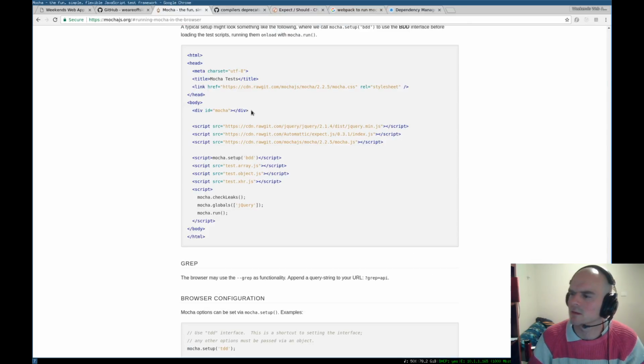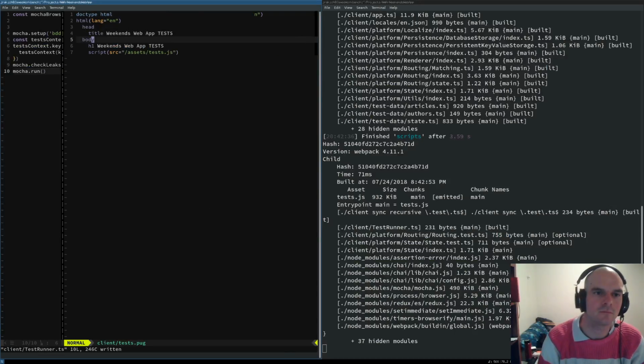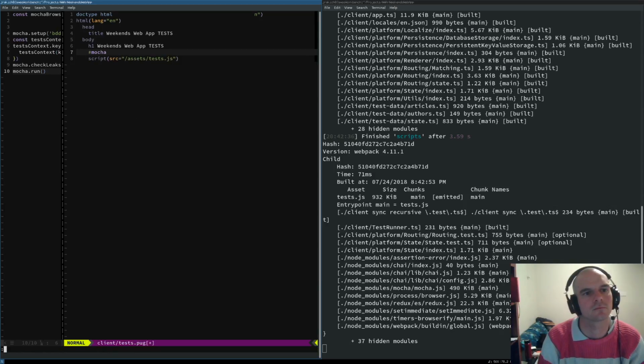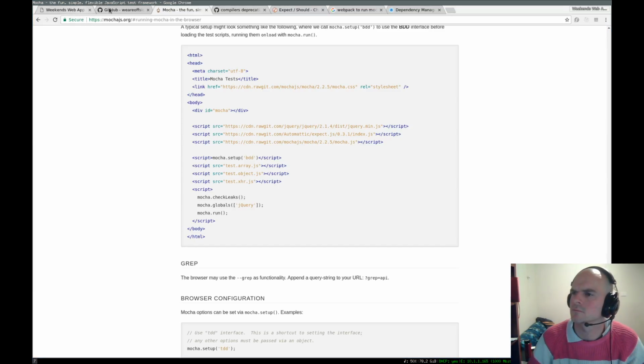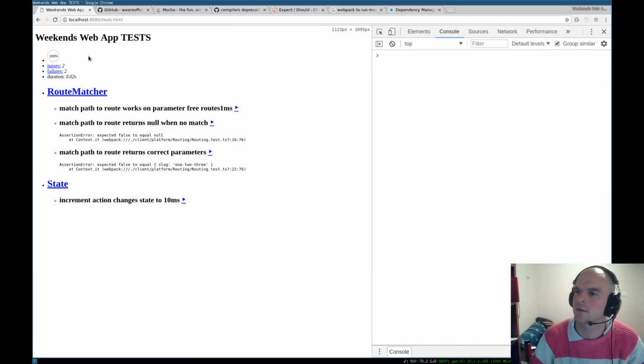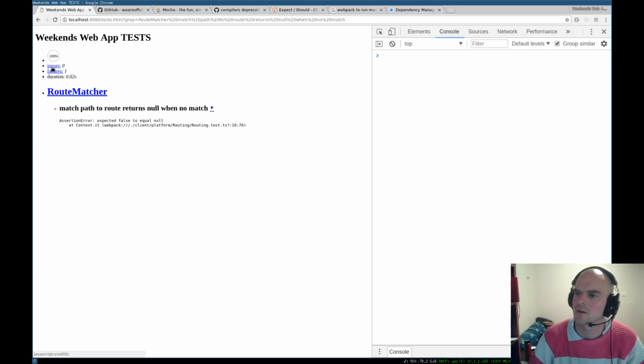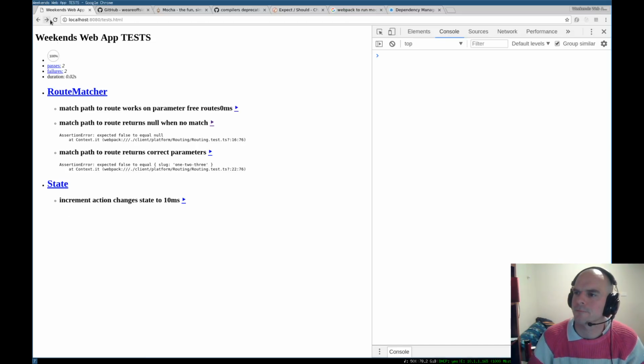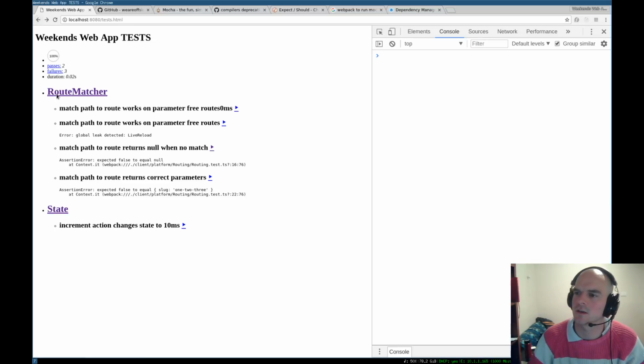So we need this div with ID mocha. Ta-da! That's doing all right. Okay, we've got some failures, and that's all good. Back it off there. Can use these to choose to just run tests in a particular setting, which is really nice.